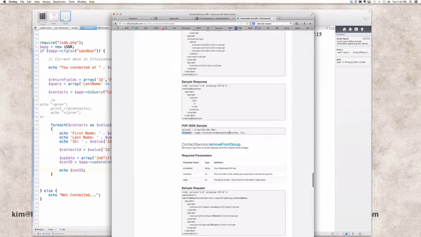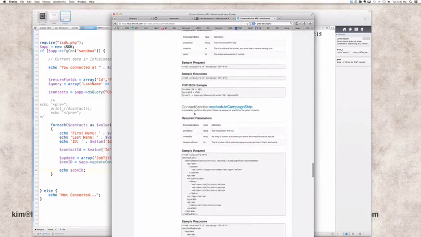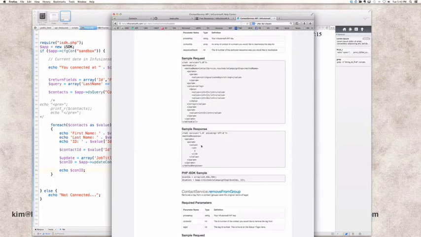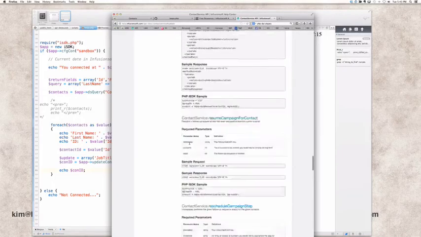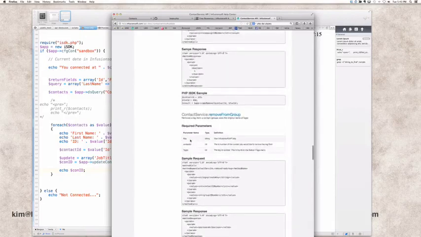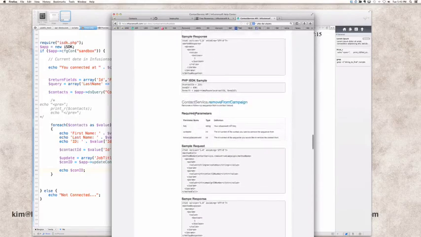Here's reschedule campaign steps, and they've labeled that one num cons. That's a new one. I actually never noticed that one, but I am sure that that's the number of contacts that were rescheduled that it's returning back for you. In fact, it'll probably say that. No, it doesn't, but that is what it's giving you back. And then up here, result. So that one's true, false, result. That one's true, false, result, true, false,